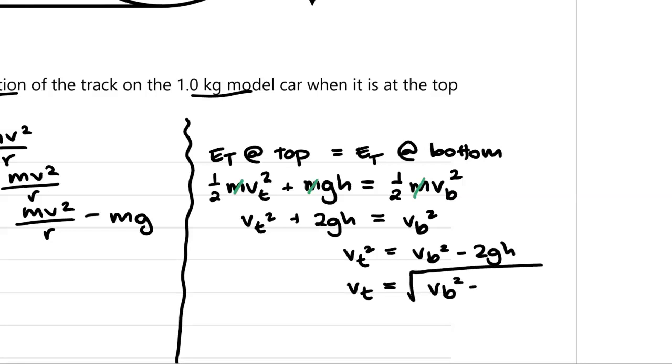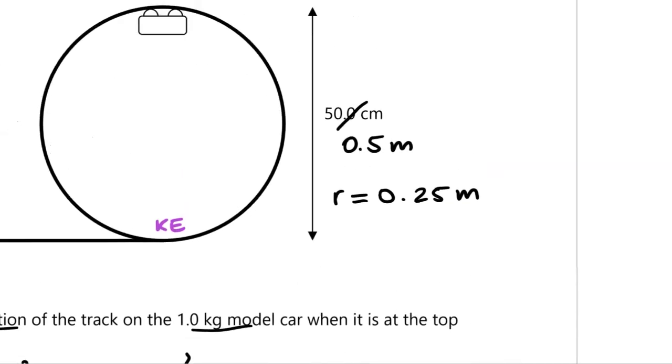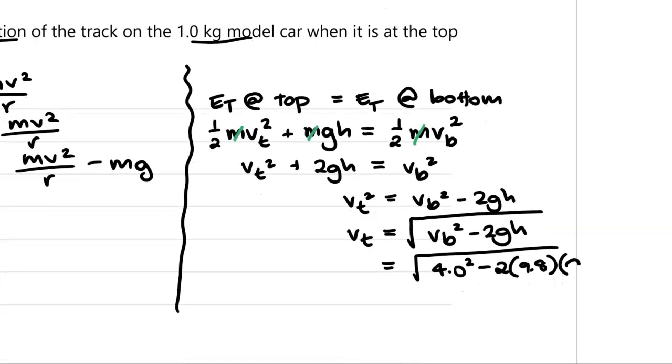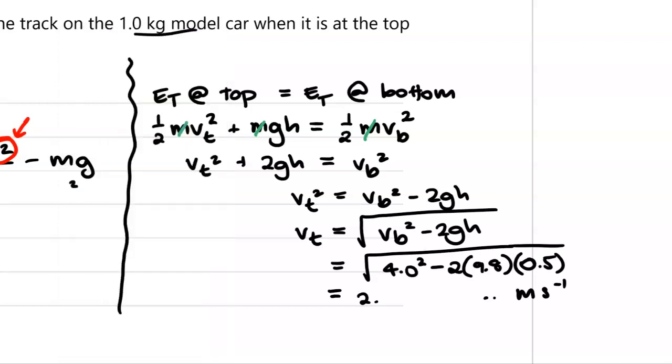Now you remember, when we've taken square roots in the past, we've always asked positive or negative. Because we're just interested in a speed here, we are going to take the positive. Okay, so the velocity of the cart at the bottom was 4 meters per second, so 4 squared, minus 2 times the value of g, 9.8, times the height. So the height that we need here is the total distance from here to here. So it's that 0.5. Take care with your units. So we'd have the square root of 4 squared minus 2 times 9.8 times 0.5. So that would give us about 2.48